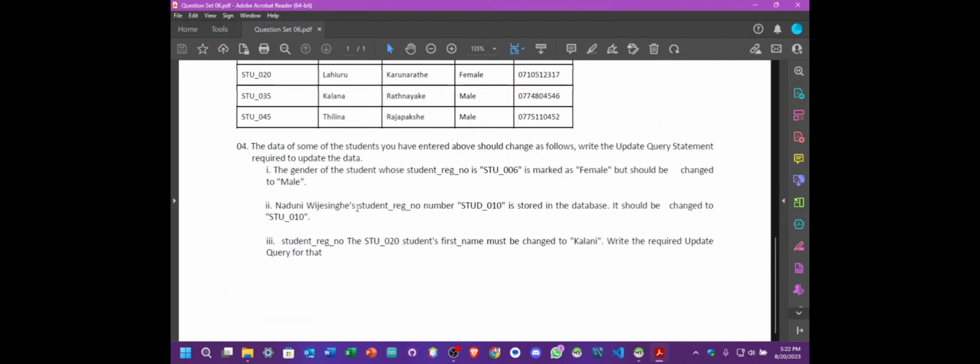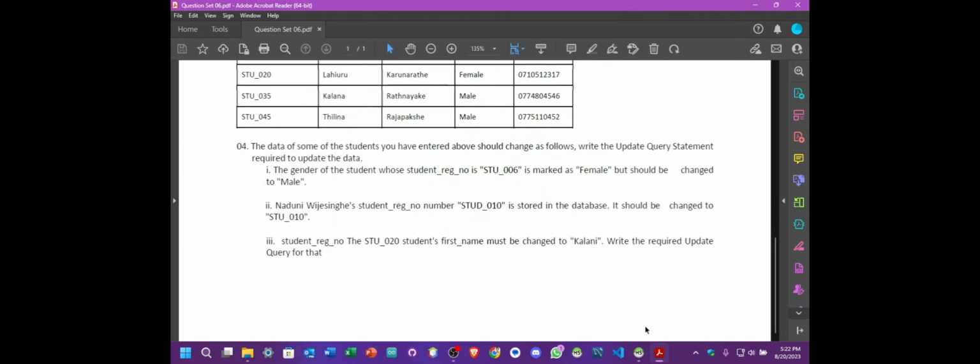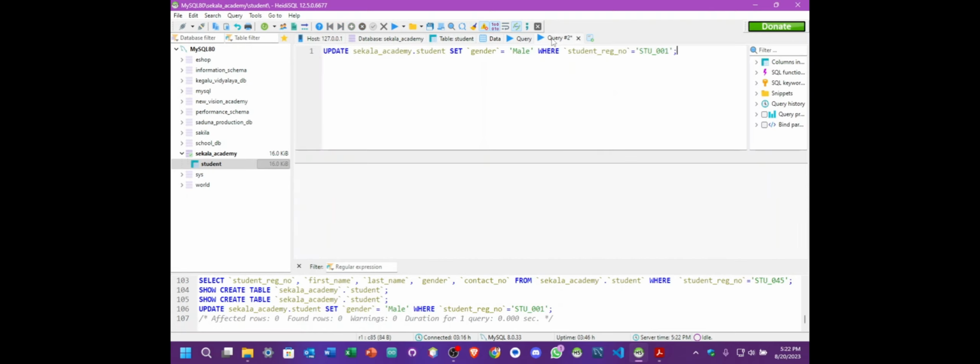The Naduni Vijay Singh student register number STUD 010 is stored in database. It should be changed to STU 010. So let's see the table. As you can see, this should be changed to STU 010. So let's move on to the Workbench, and we can